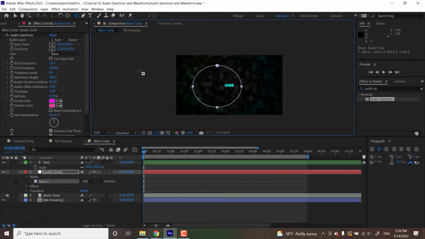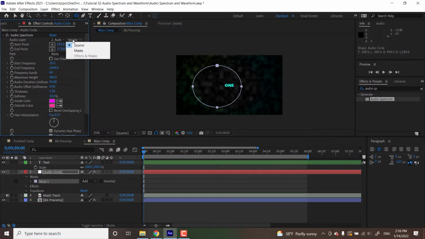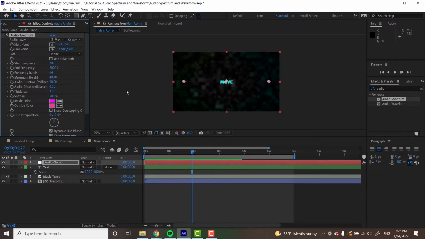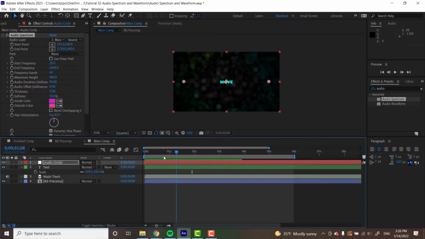So then we're going to be heading over to the effect controls on audio spectrum. All right, set audio layer to music track. So when you set audio layer to music track over here, what's happening essentially is that the audio circle is taking its cues from this music track over here. You can see how it reacted to the music track. It's a little hard to see because it's small, but you can see how those lines will move in time